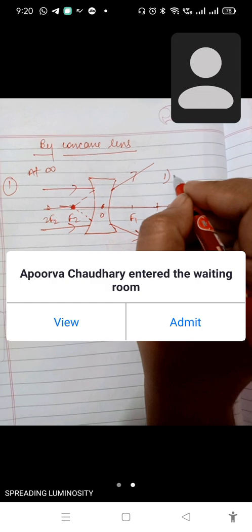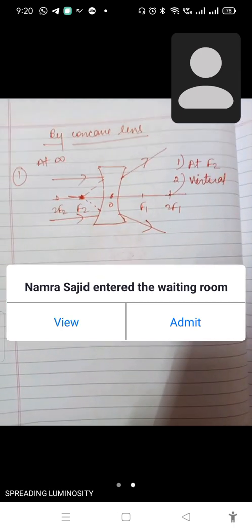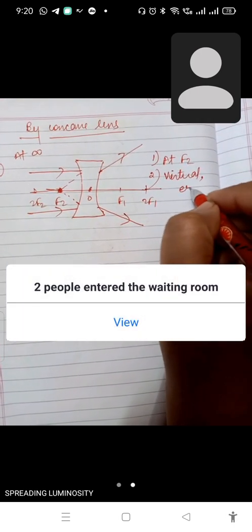And as I explained, the formation of image is not possible by taking a single ray. So take one more ray. It will also diverge. By constructing backward, we will see that these two rays are intersecting at point F. But they are virtually intersecting. The image is formed at the focus. It is formed by the virtual intersection. So it is virtual, and a virtual image is always erect, upright. And it is highly diminished.